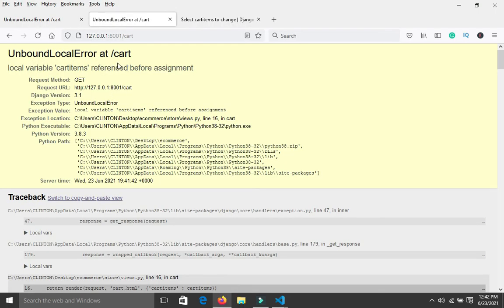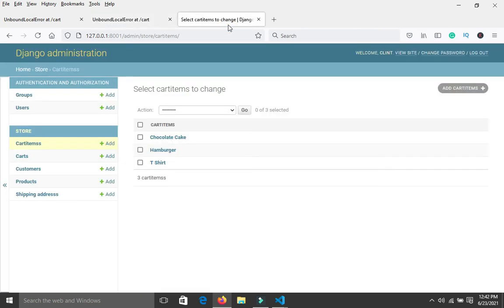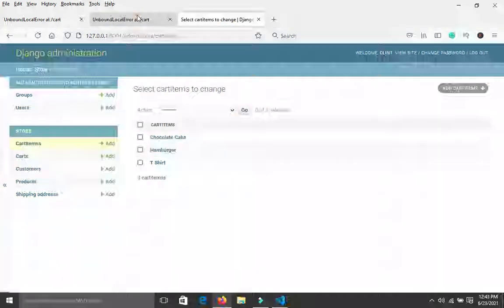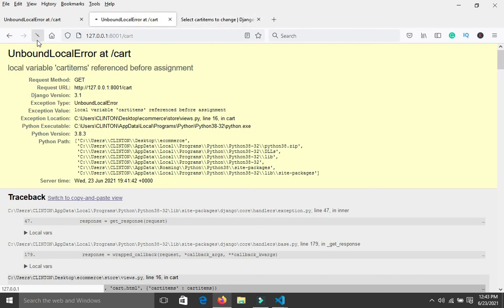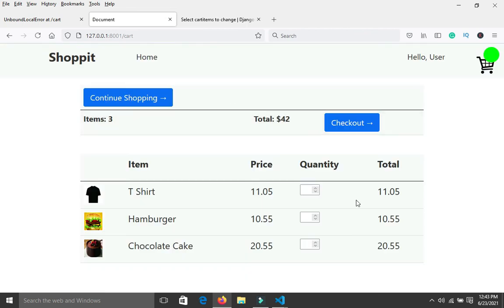I don't know how I managed to log out from the admin section. That's why this error popped up now. If I refresh the page, it's going to disappear. Perfect. You can see now we have our cart page with the products, the t-shirts, the name of our products,